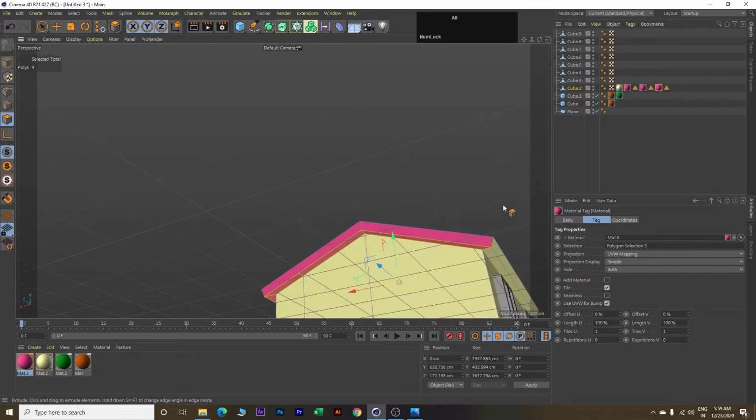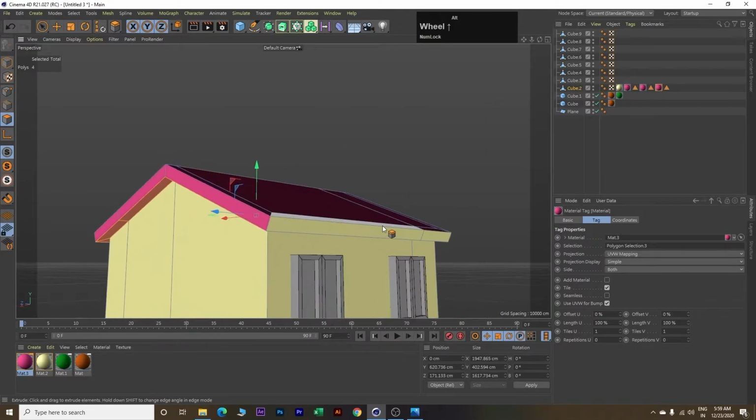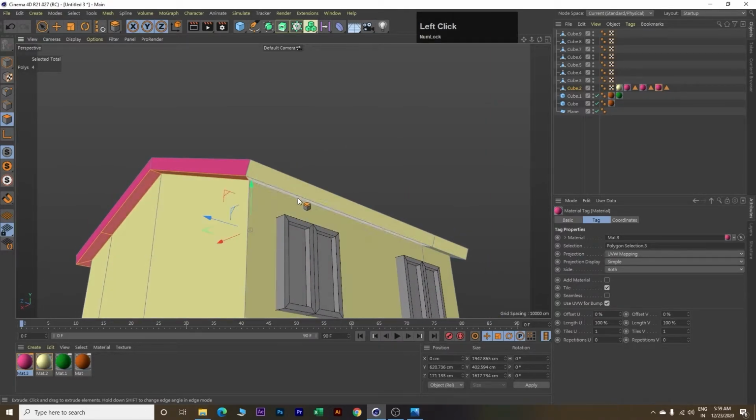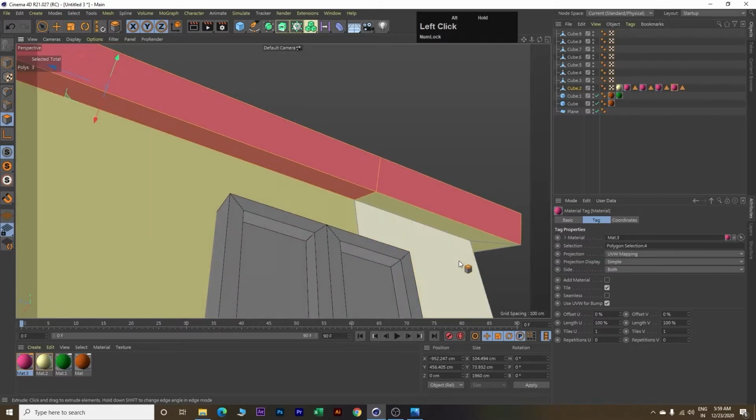Perfect. Now let's move it here. Select this and this one and drag your color here. Select this one, select, then right click here and apply.